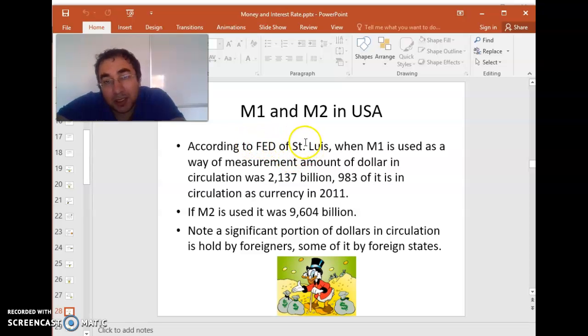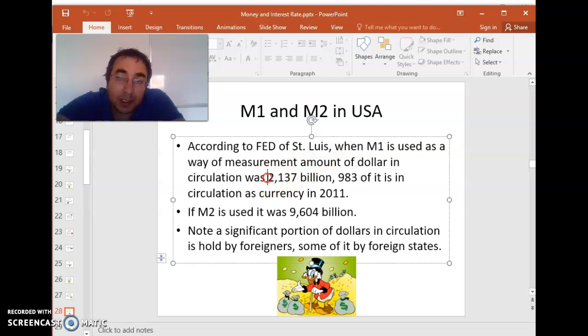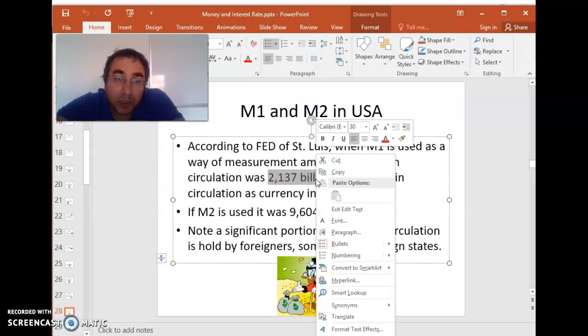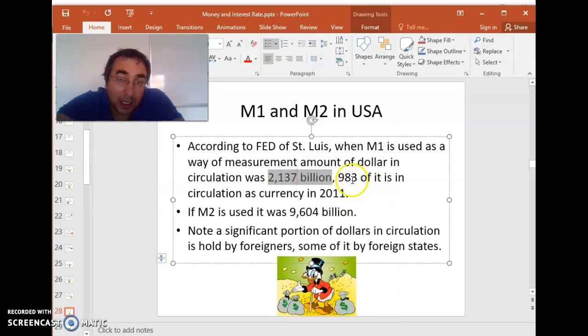M1, that's the data taken from the Fed, is $2.1 billion. That's the total value of money in the United States that is either in circulation or in the checkable deposits. So you add the value of the checkable deposits of everyone, plus you add the money people or companies, except banks, have in their pockets. This money in circulation, money in pockets or safes,